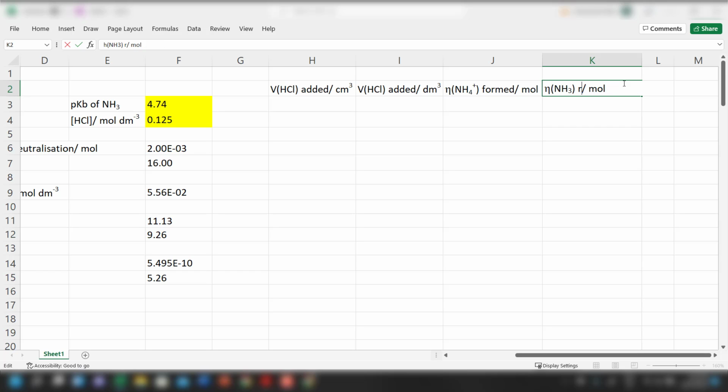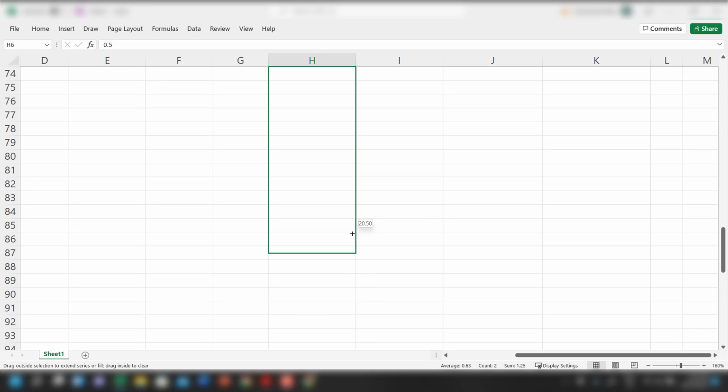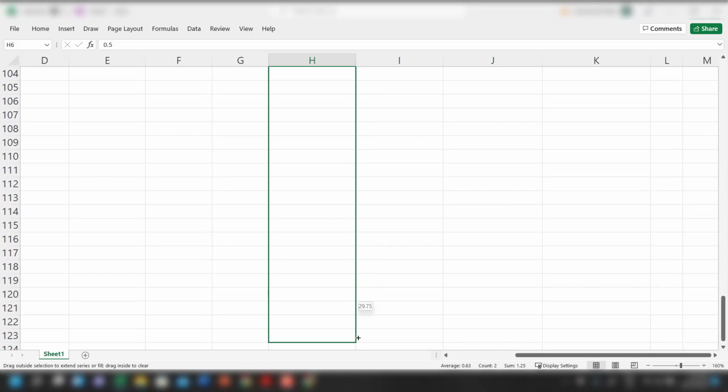Okay, which can be done quite easily as well. And then the pH. The next column is the pH. I think first we will just start from 0, because at the beginning we have 0 cubic centimeters of HCl being added, and then we can go in steps by 0.5, or if not in between we can have a 0.25 if we wish to. Then I will drag all the way to the equivalence point. That will be 16, but I will want to drag beyond that because I want to complete the titration curve. So maybe I'll drag all the way to